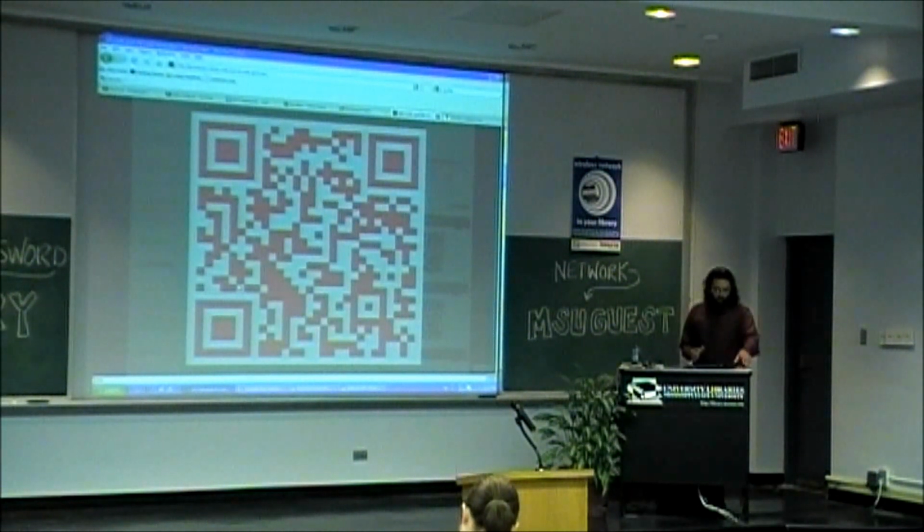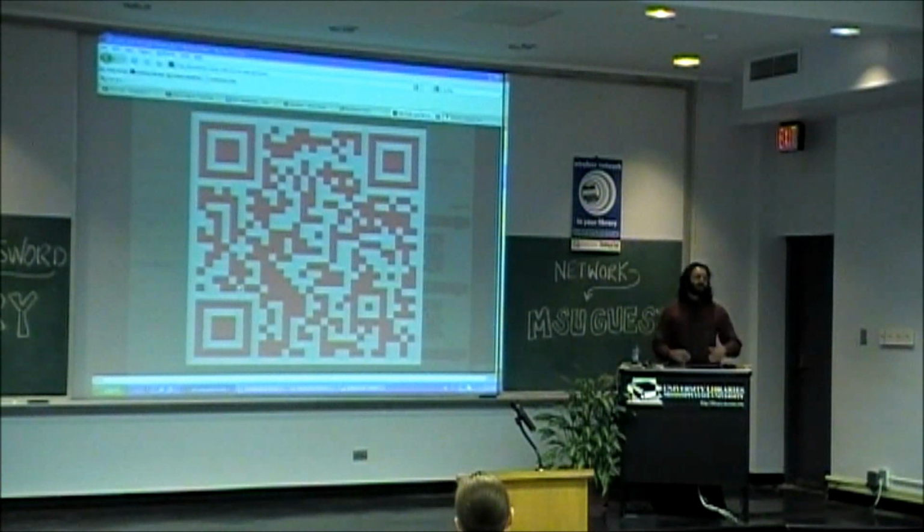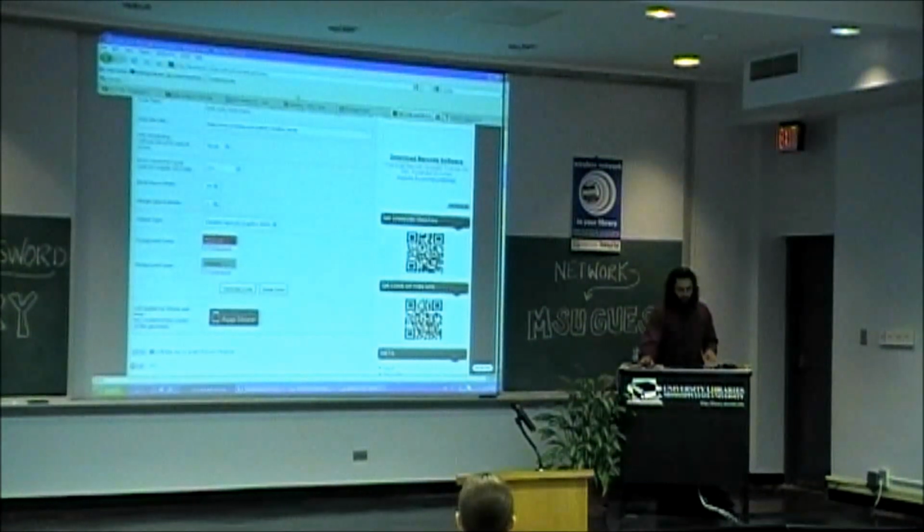A lot of libraries use QR codes. What I've found is that they can sometimes be not as useful. There's just a QR code everywhere, let's just stick a QR code on it. The place where I saw a QR code that I thought, wow, what a brilliant idea, was at the University Rec Center. They had all the workout machines, and they put a little QR code there on how to use the machine. So if the staff member was helping someone else, or there was nobody around, they could just scan that with their phone, watch a video, and then know exactly how to work that machine. So I think that could be a great use of QR codes for libraries.